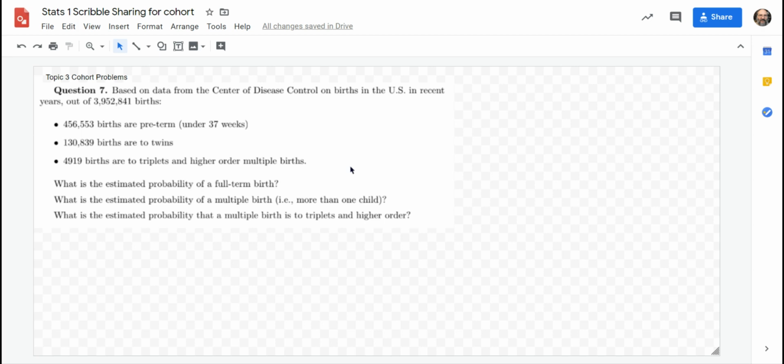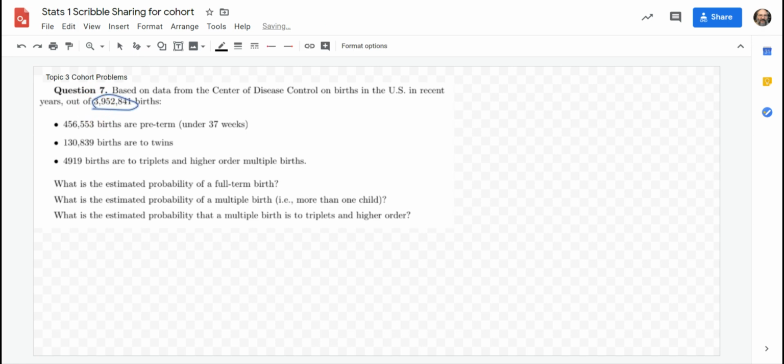So these are all frequencies. And then as soon as we see the question's estimated probability, you just need to convert the frequency to the relative frequency. And that is just making it a fraction: the number of times the interesting thing, the event, happens, divided by the size of the sample space. So for the first one, the estimated probability of full-term births